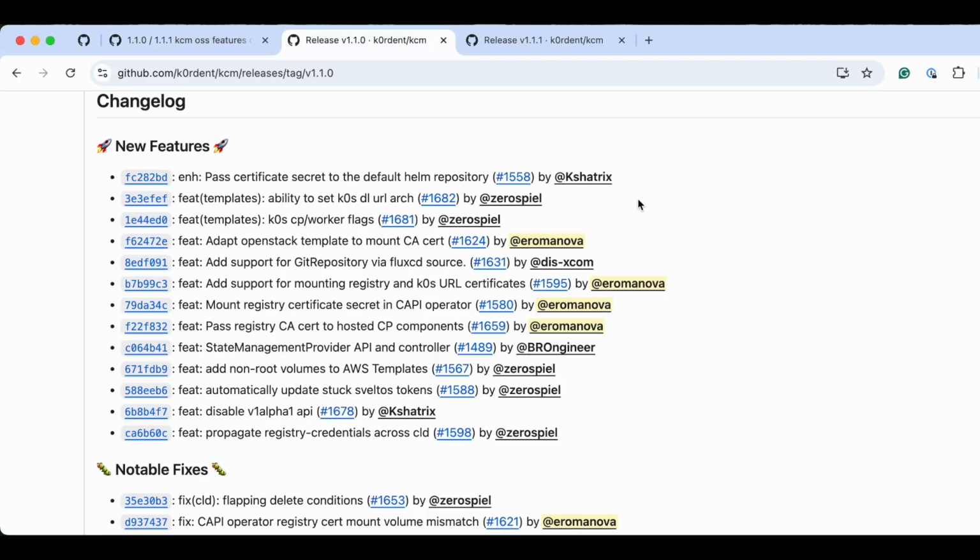Hello everyone, this is a short demo highlighting the new features introduced in the latest open source releases of k0rdent KCM, versions 1.1.0 and 1.1.1. In KCM 1.1.0, the following new features were implemented, such as a new API for state management provider or automatic update